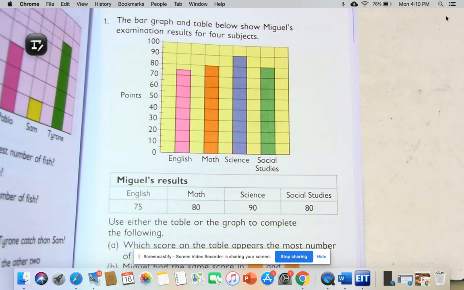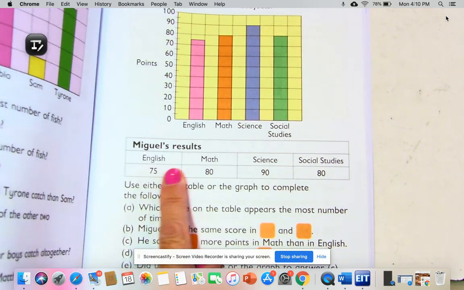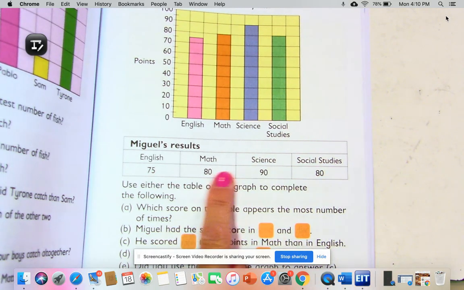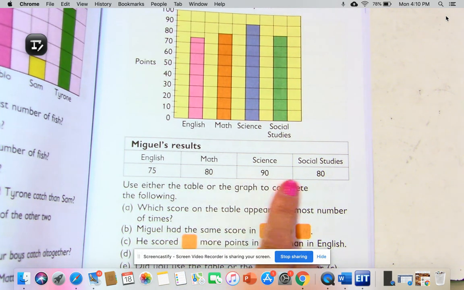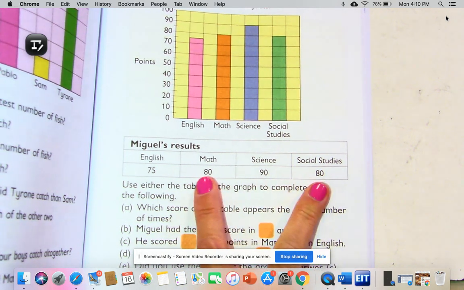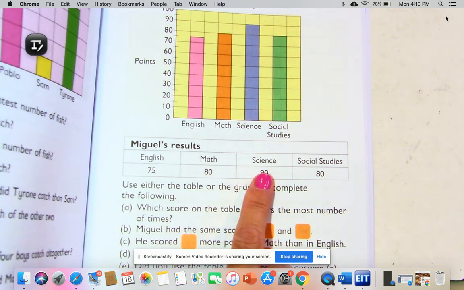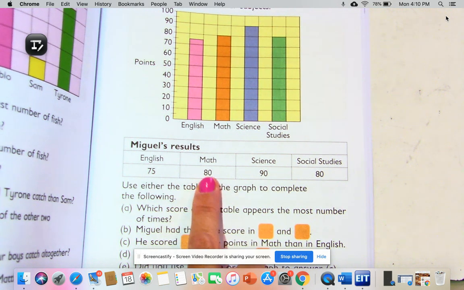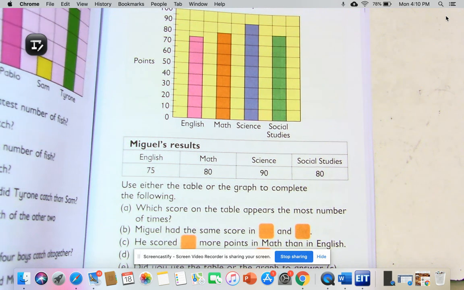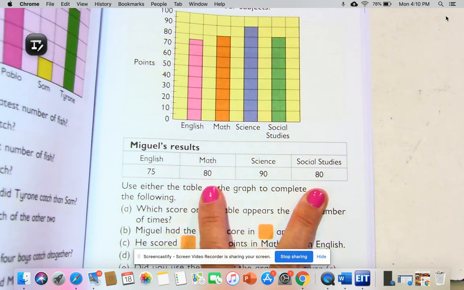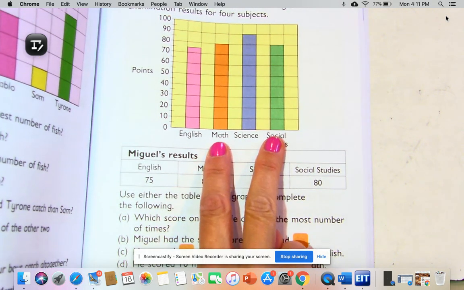It says, which score on the table appears the most number of times? So if we're looking at this table here, the score that appears the most, and the score is the number that he got, 75, 80, 90, and 80. Well, we can see that the number 80 appears twice. 75 appears once, and 90 appears once. So the number that appears the most is 80. Miguel had the same score in, and we can see right there, he had the same score in math and social studies. And we can see there from the table, or we can see here from our graph, they are the same